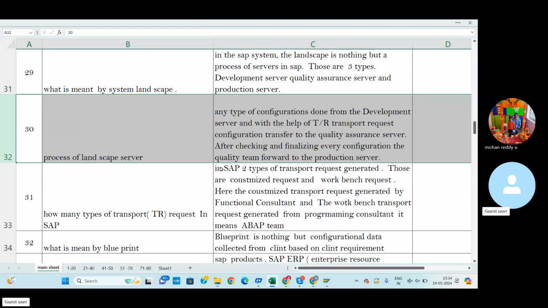Then go for the next question. Process of landscape server. Any type of configurations done from the development server with the help of TR, transport request, configuration request,